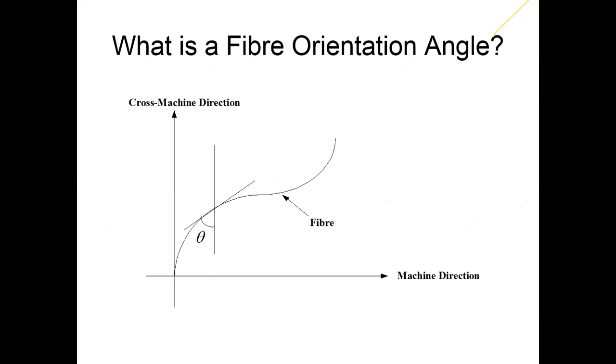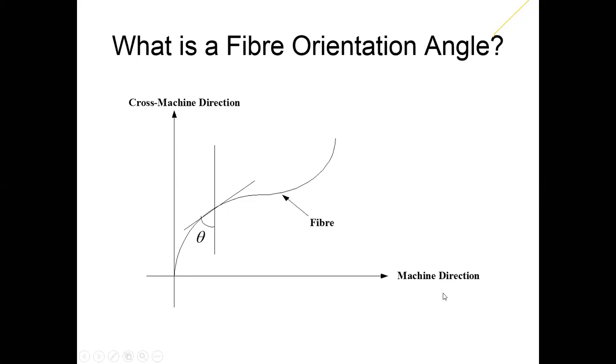So as we were discussing earlier, what is the orientation? Orientation means how the fiber is aligned in the non-woven structure or non-woven fabric. So here you can see there are two directions, just like we have in our woven fabric. In woven fabric, we have warp and weft, but here we cannot mark it as warp and weft. So here they have marked it as machine direction and cross machine direction.